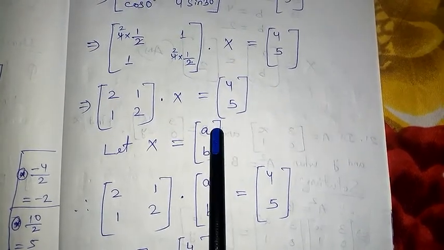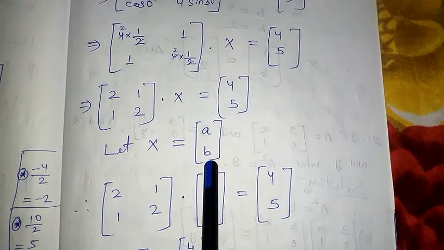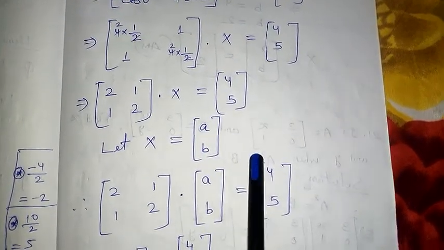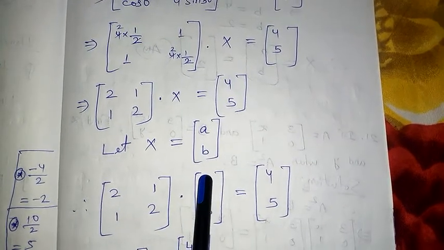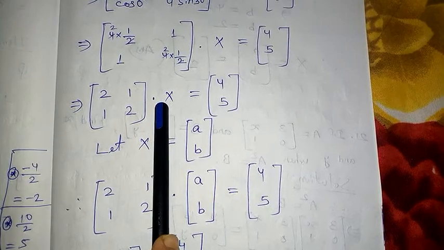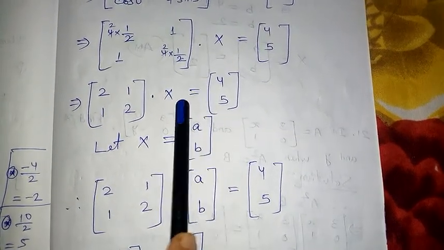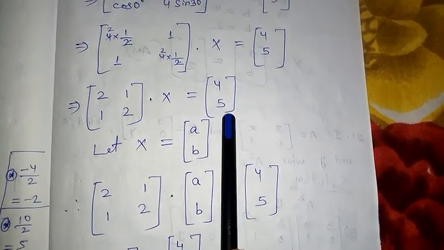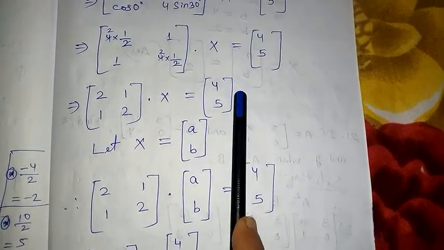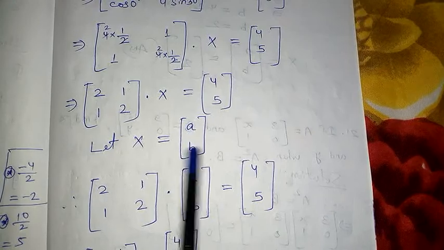Now you might be saying, sir, why did you write 2 into 1 size? Why did you not write 2 into 2 size? That means [A B; C D]. Why did you write [A B]? Then let me tell you, children, 2 into 2 size multiplies with 2 into 1 size and gives the product as 2 into 1 size. Had there been 2 into 2 size here on the right hand side, here I would write [A B; C D].